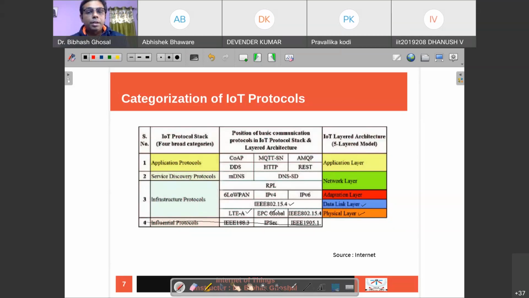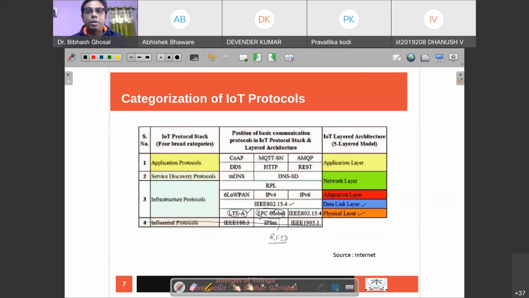We'll also be looking at EPC Global, which is about RFID devices, where a device is tagged to a particular object, and that will transmit the data through some antenna and will be captured by a receiver. So this will again be a very low-level protocol that we are going to talk about. And then we have LTE, which is the data communication that we usually find in our mobile phones. So these will be the three kinds of physical layer protocols that we are going to talk about: LTE, IEEE 802.15.4,